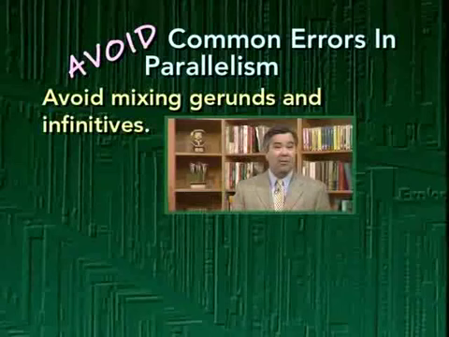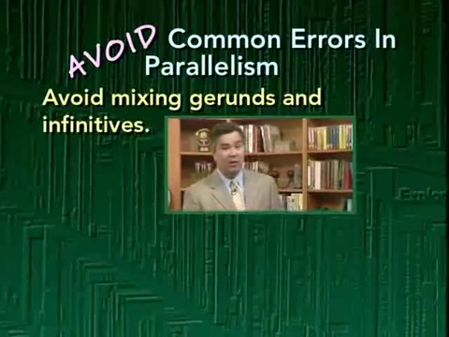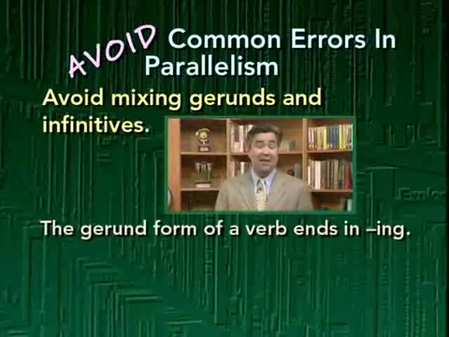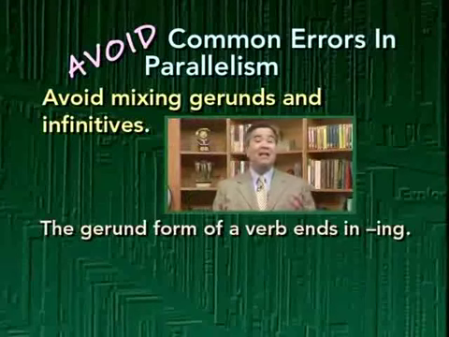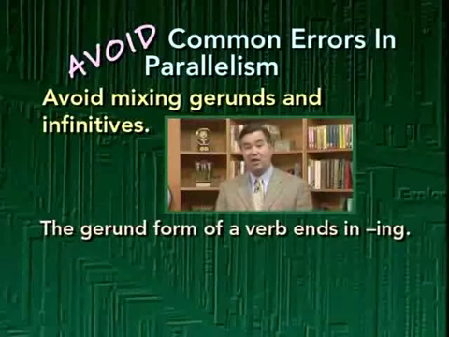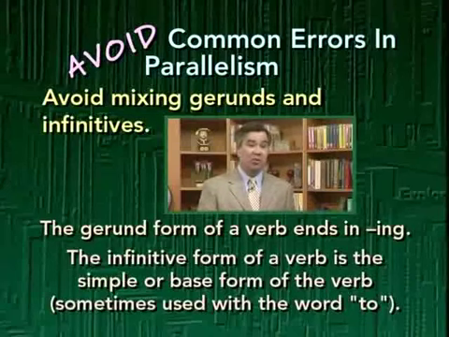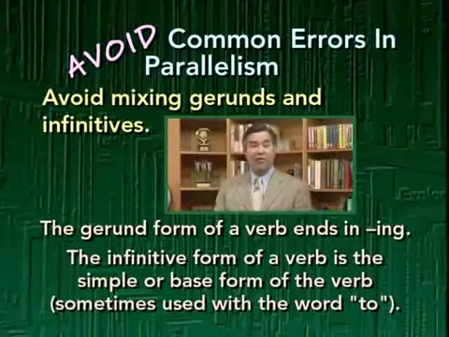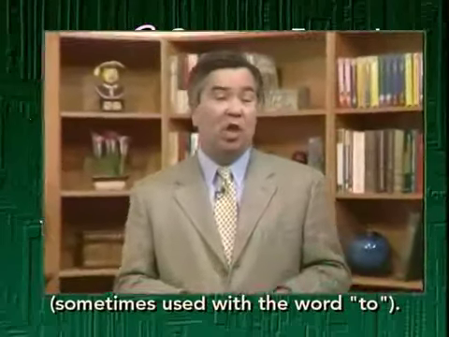Actions are often described using either the gerund form of a verb or the infinitive form of the verb. The gerund form of a verb ends in -ing, and a gerund can often be used basically as a noun, describing a particular kind of action. The infinitive form of the verb is the simple or base form of the verb. It sometimes is used with the word to. And the infinitive form of a verb can also be used more or less as a noun to describe a kind of action. So both gerunds and infinitives can be used in a similar way in a sentence, but they